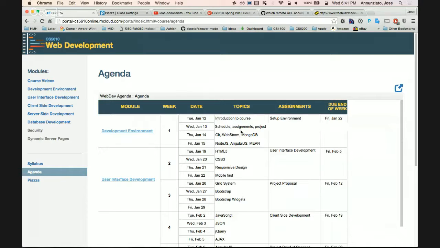HTML5 is the recognition that the web is a legitimate development platform, as opposed to a platform for disseminating information or consuming content. HTML5 is the culmination, the realization that it's a legitimate development platform.